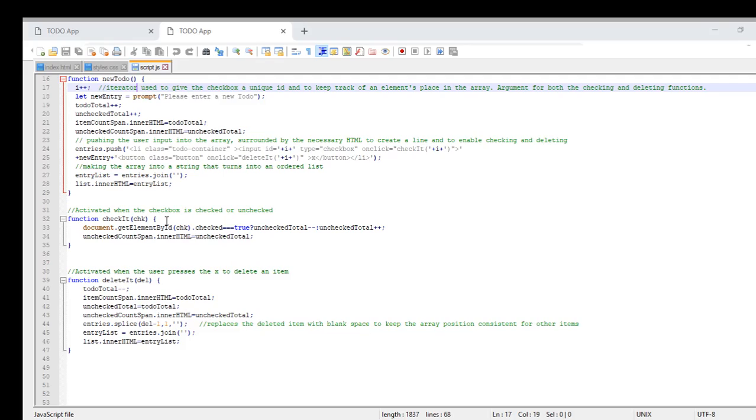Now to delete, this is also using the unique iterator. We get the to-do total decreased, and now we'll see down here what I figured out is we use the splice. What I did here, I used the iterator where iterator minus 1 gets it in the right place to begin. And we're only replacing one entry, but here's what we're replacing it with: actually blank space. Now the reason I did this was so